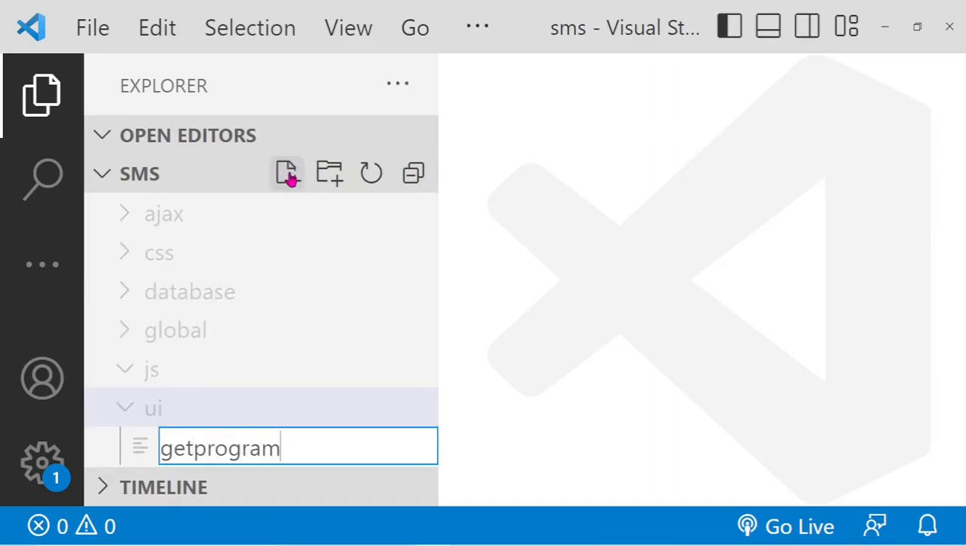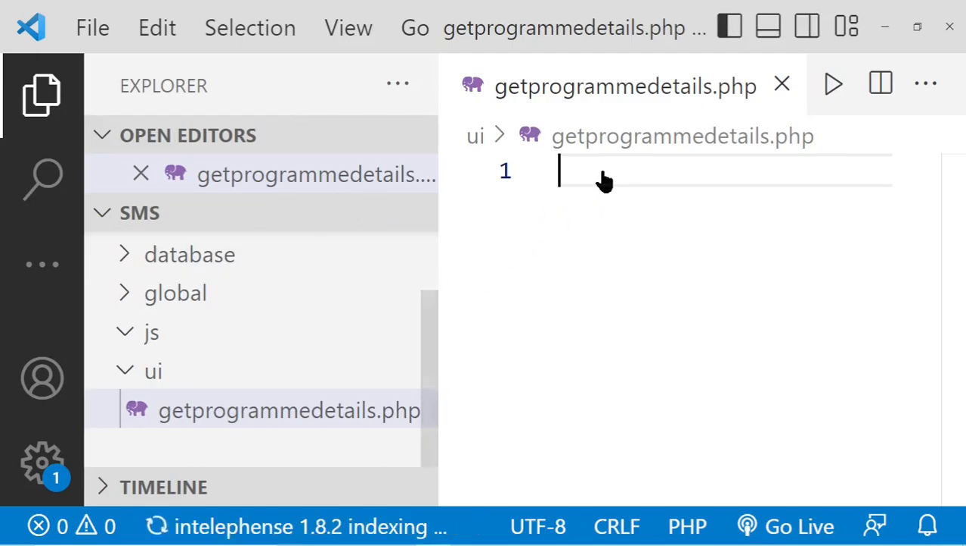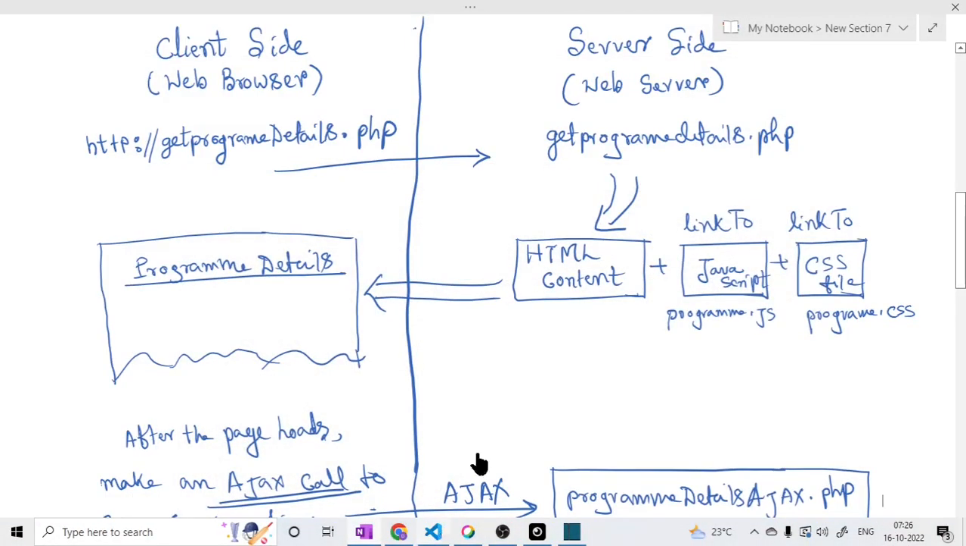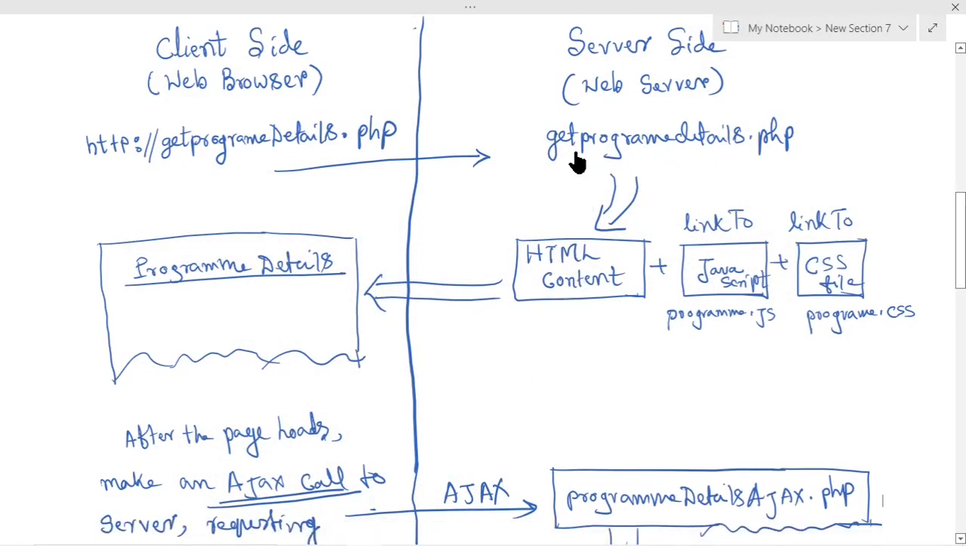getProgramDetails.php. Initially, I'll keep it blank. I'm just creating the files and folders initially. Okay. So done. This file is created inside this folder. And then what we want is, see, more or less with all these,